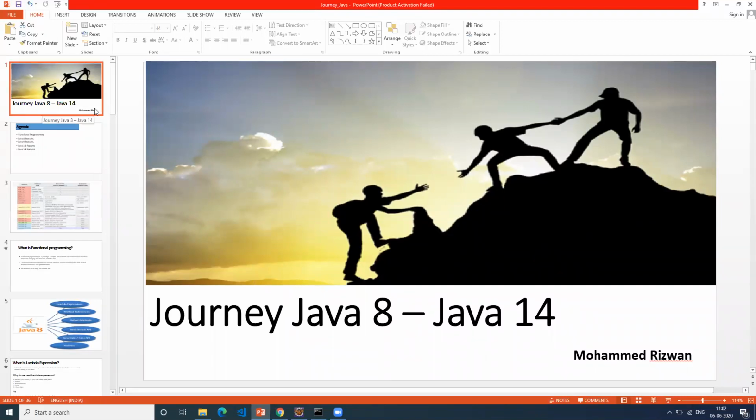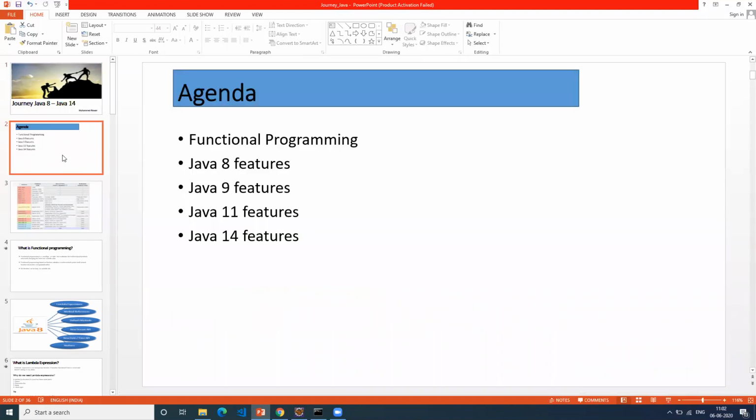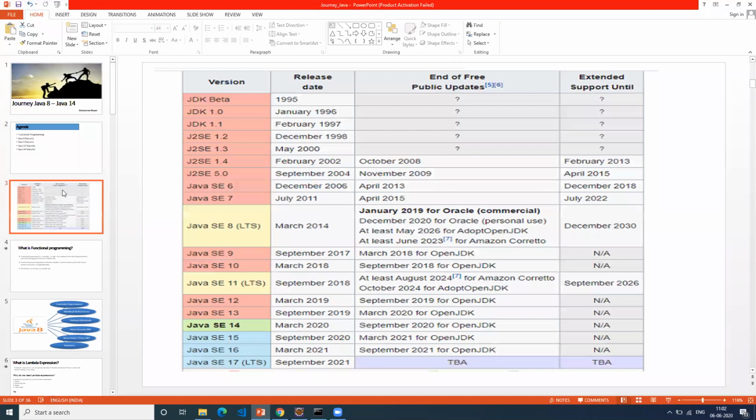So we covered the basic understanding of functional programming, and then we jumped into the different releases of Java, starting from Java JDK 1.0 till Java 14, whatever we have, and what's in the upcoming releases.